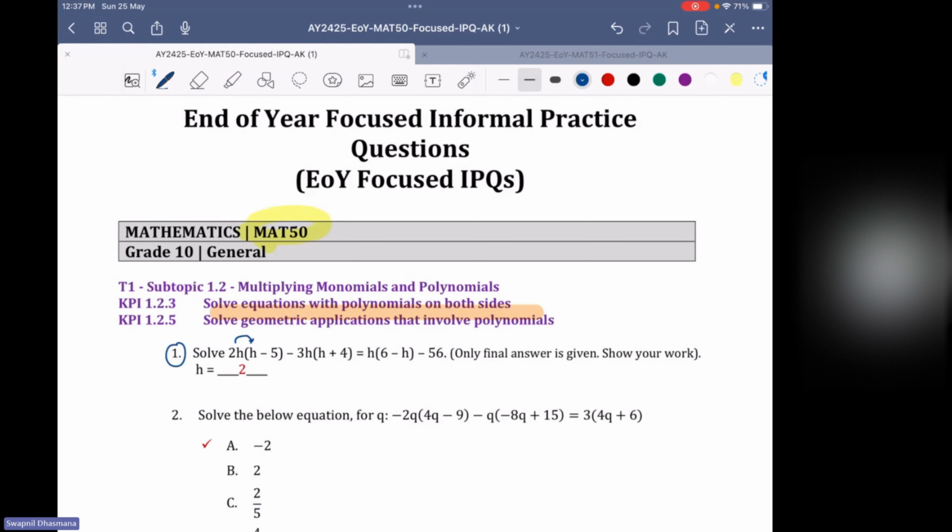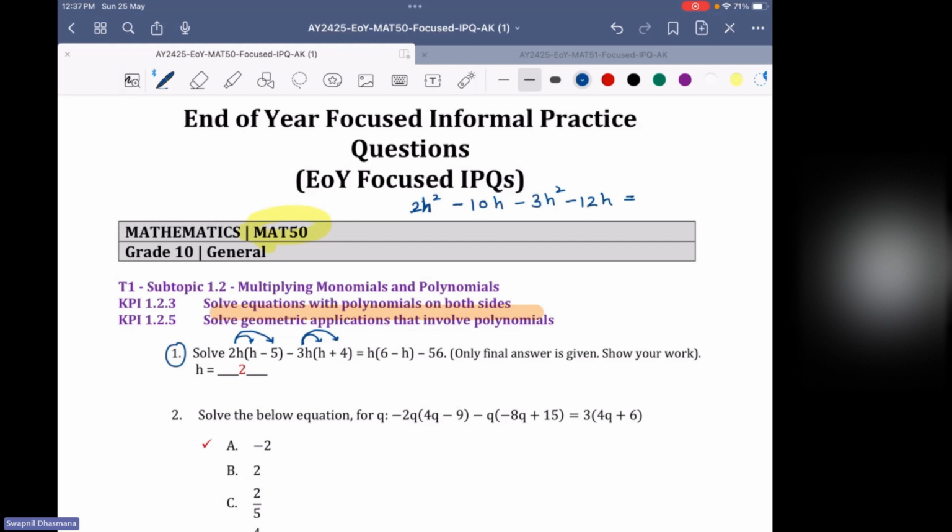So first of all, whenever there's a bracket, you multiply the outside to inside. So you will get 2h times h, 2h squared. 2h times negative 5 is negative 10h. Then negative 3h times h, which is negative 3h squared. Negative 3h times 4, which is negative 12h,